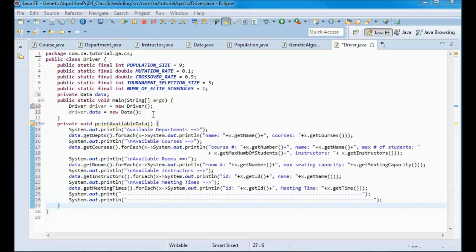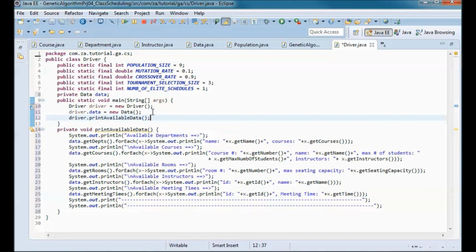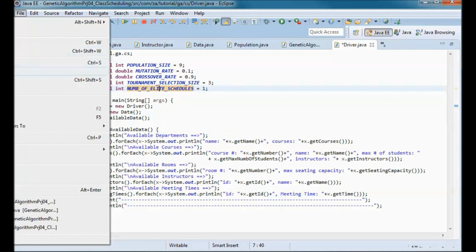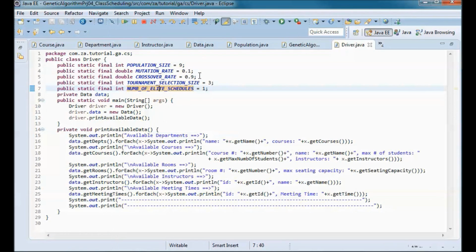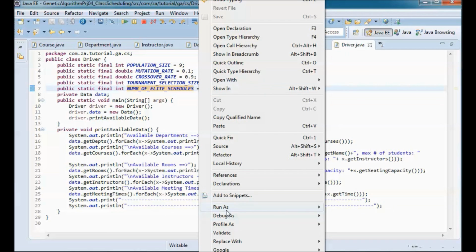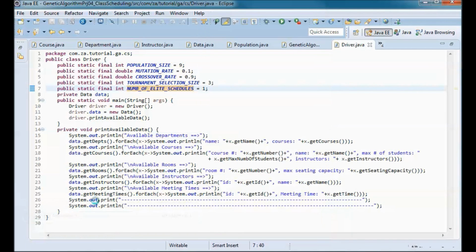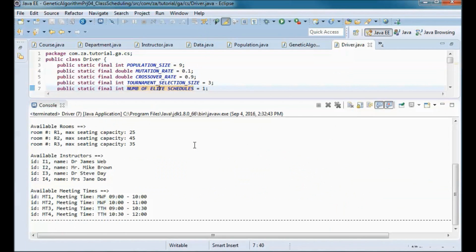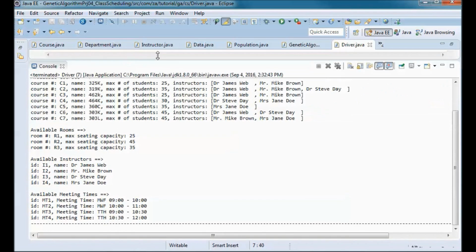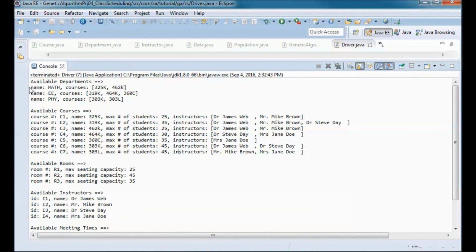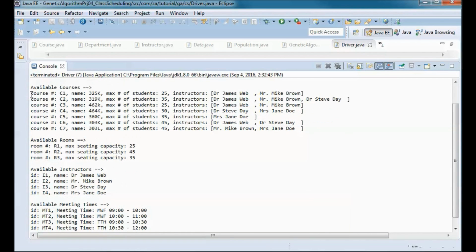So let me call it from here, and let's quickly test it before writing the remaining code. So here we go, this is the data that we have. Those are the 3 departments and the courses for each department, and those are the available courses.